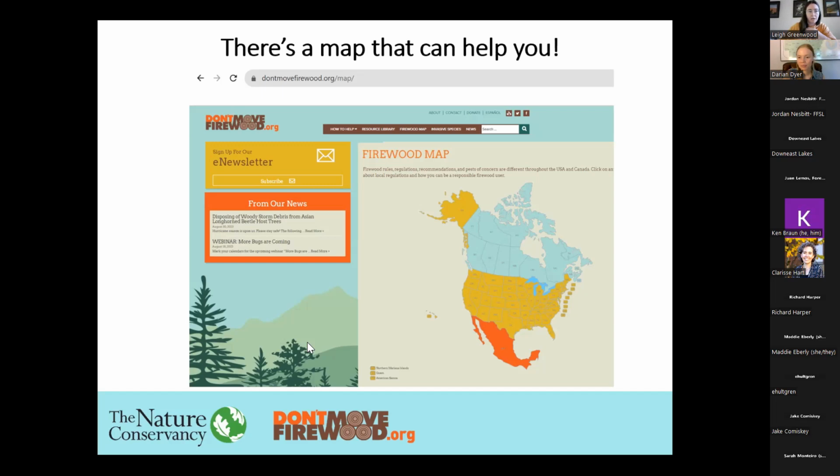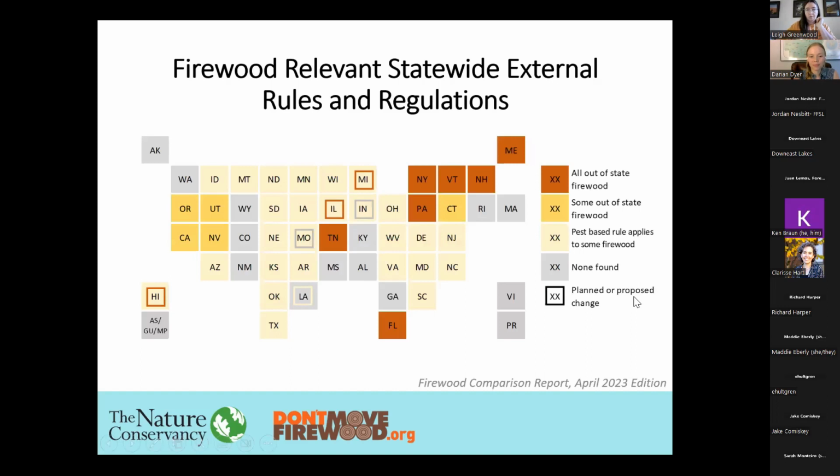Okay. If people don't have questions, I'll just keep going. But please jump in, interrupt me if that's helpful to you. So some, but not all, states have what's called an external quarantine of some sort. Some of those quarantines mean that you cannot bring any firewood into that state. If that's the case, it's a brick colored box. So for instance, Maine, you can't bring any out-of-state firewood into Maine, but Massachusetts does not have a regulation of